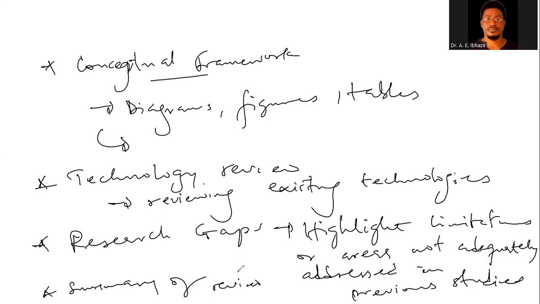So in providing a summary of your review, this is where you consolidate all the findings and identify how the research will fill some of the identified gaps. So this is more like a quick overview of what your literature review should cover. But it should be very, very comprehensive. So, but just for the purpose of illustration, I'm going to use